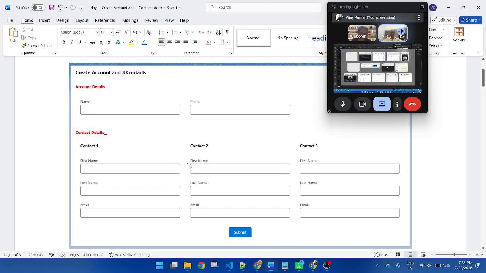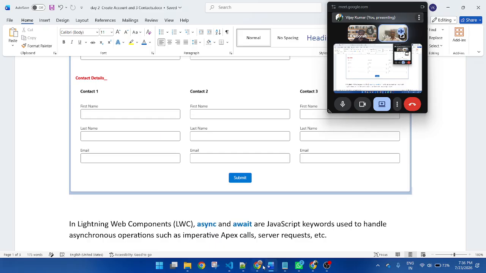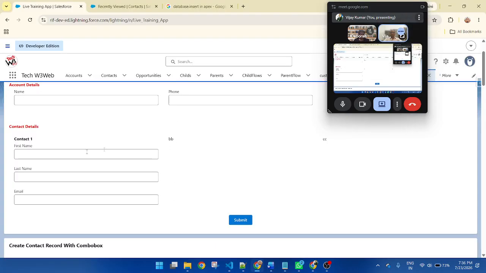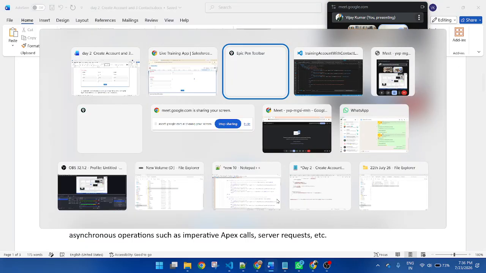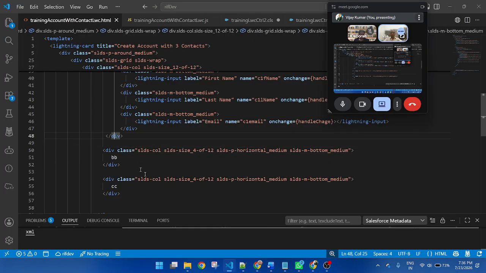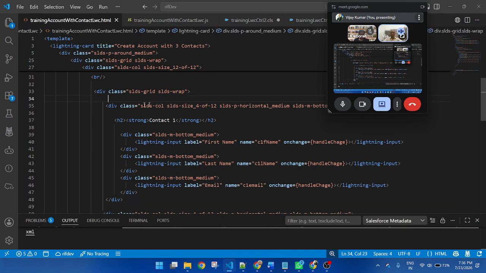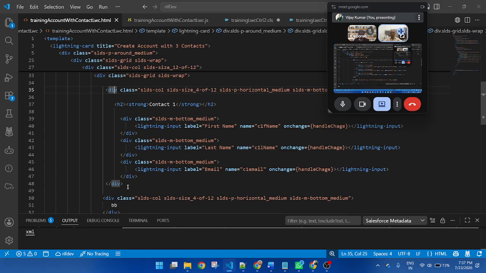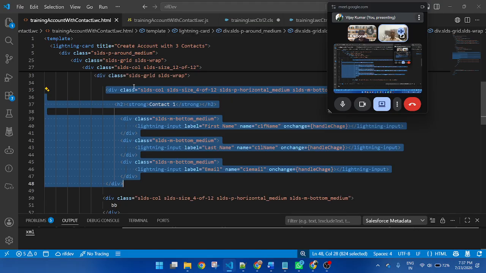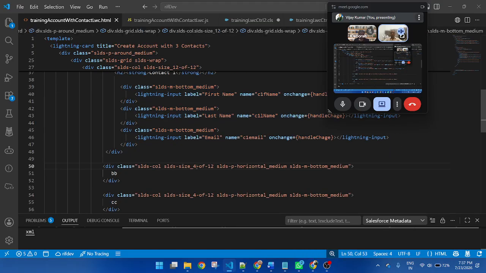So, first I created a structure. A structure means here will display contact 2, here will display contact 3. So, simply copy this div, this column, start from here. Copy inside this column because here already defined the columns.